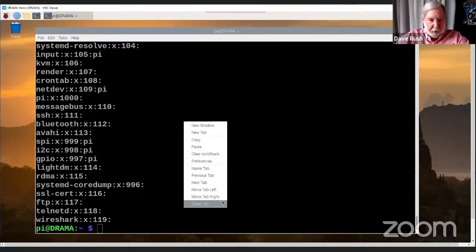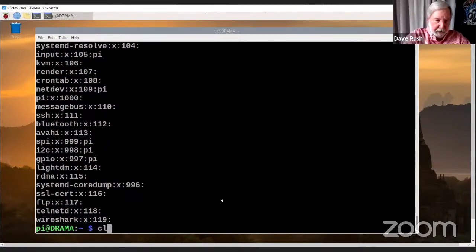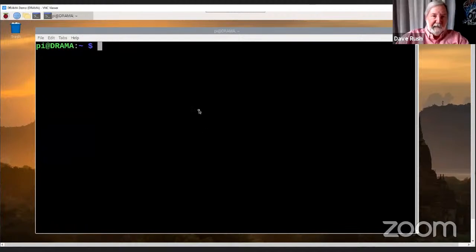Let me do a clear screen on here so it's up on top. All right, so here's the general syntax of the command to add a user to a group. We don't use $USER, we just use the name of a user account. So I'm going to sudo adduser pi followed by the name of the group, wireshark.